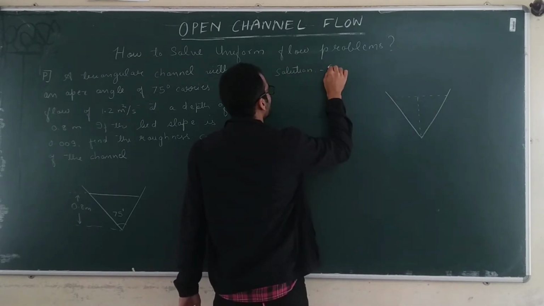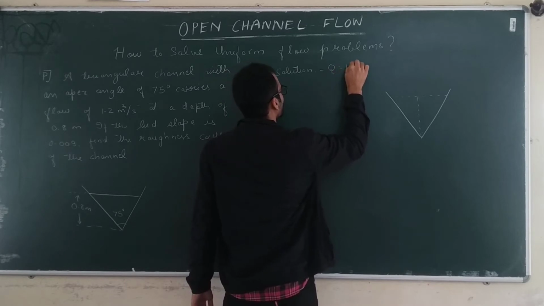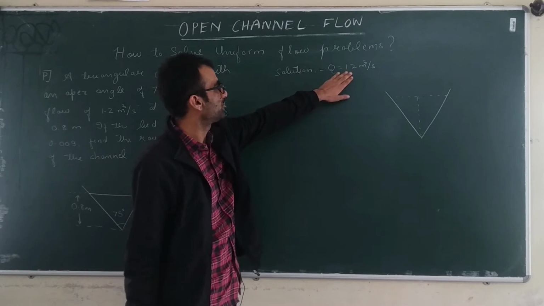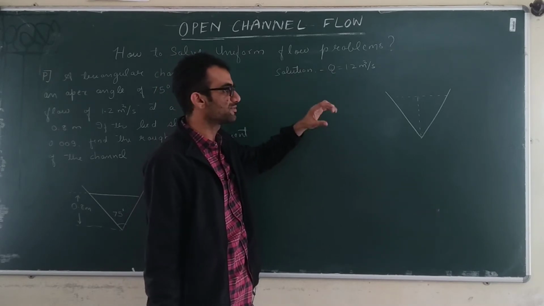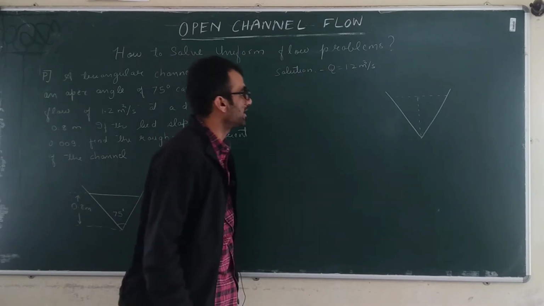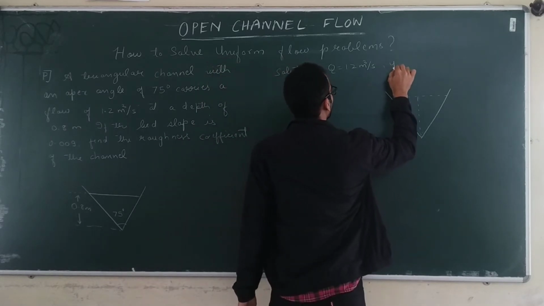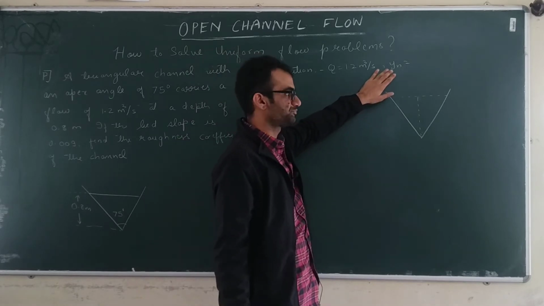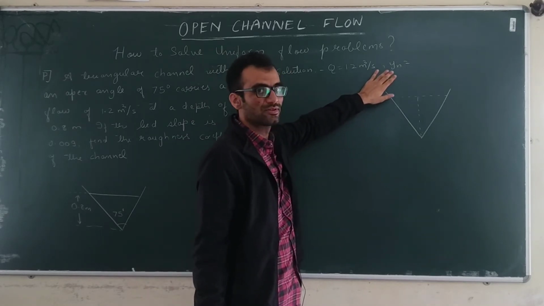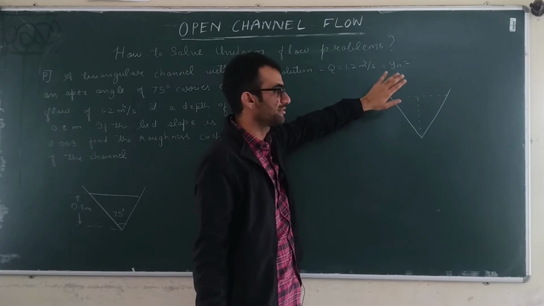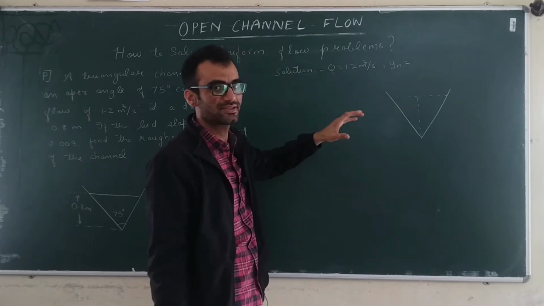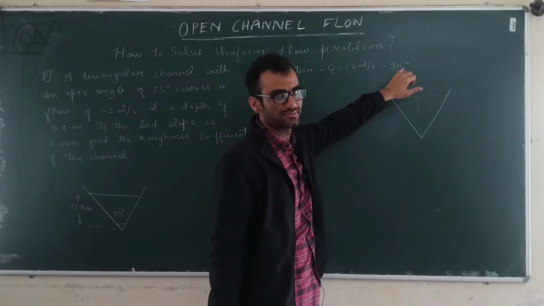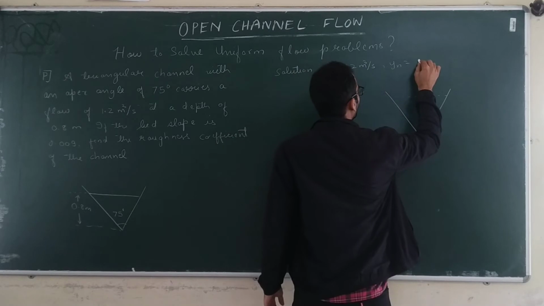So what is given? Discharge is given. Discharge flowing through the channel is 1.2 meter cube per second. Volume flow rate, how much quantity of water is flowing in 1 second, that is given. At what depth is this taking place? yn. It is not any y. In uniform flow, we don't refer to flow depth as y, we refer to it as yn because it is a special kind of depth. At that depth flow is uniform, so we refer to it as yn, normal depth. So yn is given as 0.8 meters.